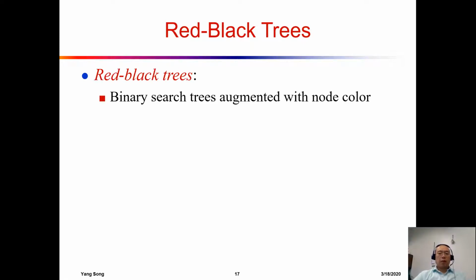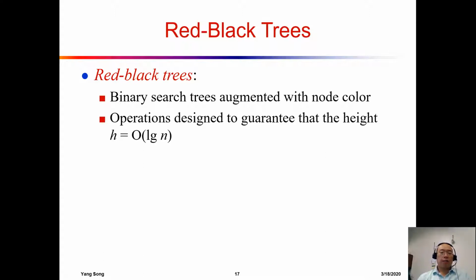Okay, everyone. So now we move on and start to talk about the red-black tree. Remember, a red-black tree is also a binary search tree. However, it is augmented with other cool features. As the name suggests, we are using the red and black color to paint each of the nodes of the tree. After we apply some of the tricks we are going to learn in the future, those operations will guarantee that the height of the red-black tree will be